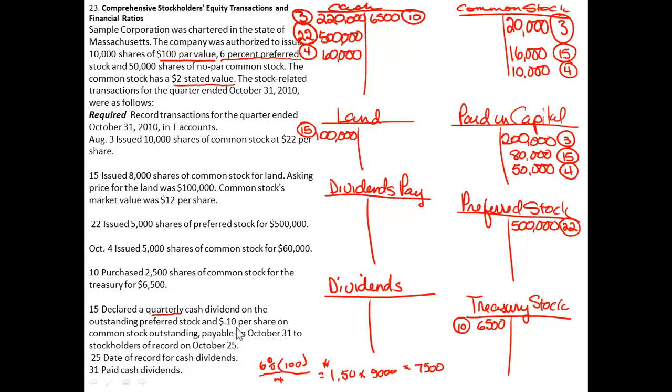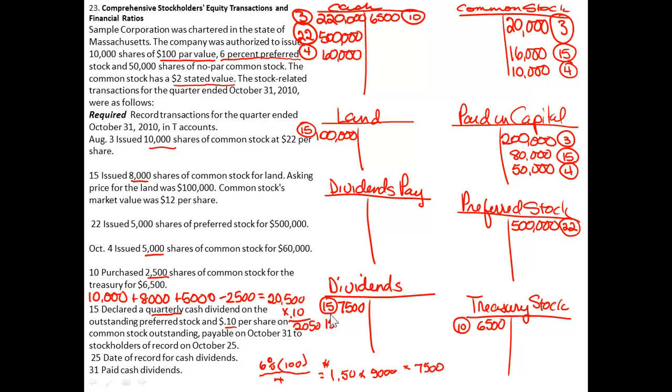Now the common stockholders are going to get a 10-cent dividend. So we need to figure out how many shares are outstanding. And you'll remember that we started off with 10,000 shares outstanding. Then we issued another 8,000 shares. Then we issued another 5,000 shares. But then we purchased 2,500 for the Treasury. So the number of shares outstanding at the time of this dividend declaration then is 20,500 shares. And those 20,500 shares are each going to get a 10-cent dividend, which is $2,050. So when we look at our dividends on the 15th, we have preferred dividends of $7,500 cash, and